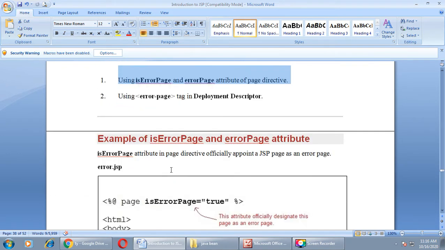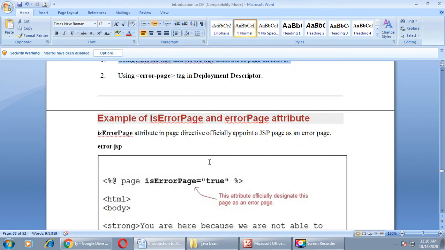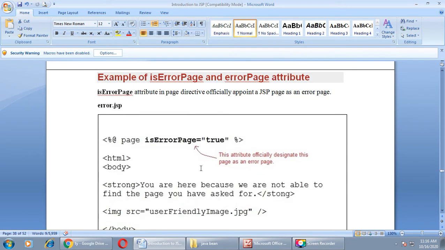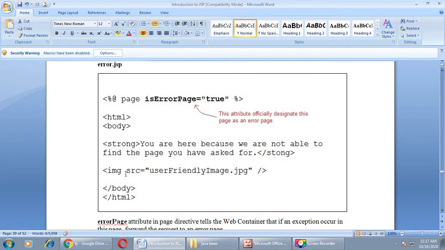Here you can see the example of the isErrorPage and errorPage attributes. The isErrorPage attribute in the page directive officially appoints a JSP page as an error page. Here, with the isErrorPage attribute we can declare the current page as an error page in JSP. You can see one simple HTML page.